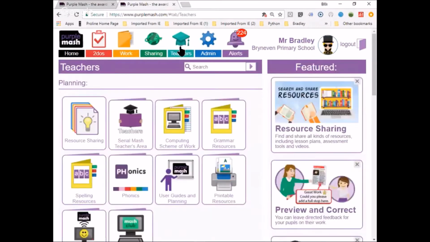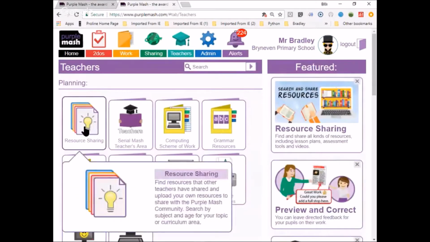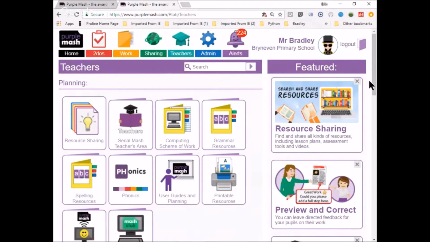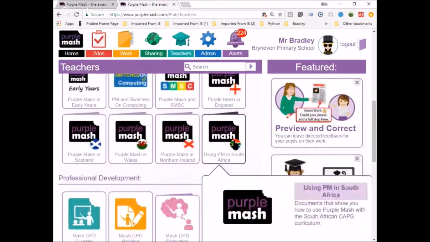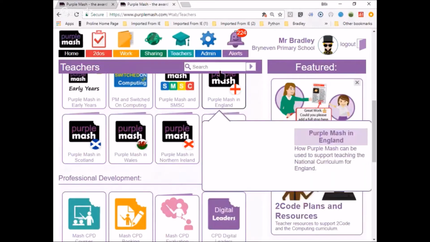Teacher section is giving you resources, pretty much like my cyber wall, where teachers can share and download. And if you scroll down, you've got the South African CAPS curriculum over here using Purple Mash in South Africa. It's CAPS compliant. That gives you a great deal of information that you're going to need to access. All right, and then you've got